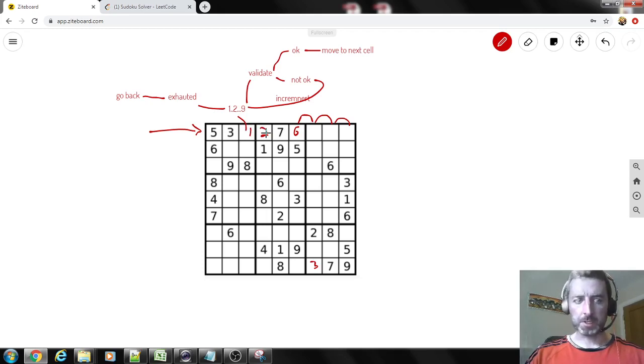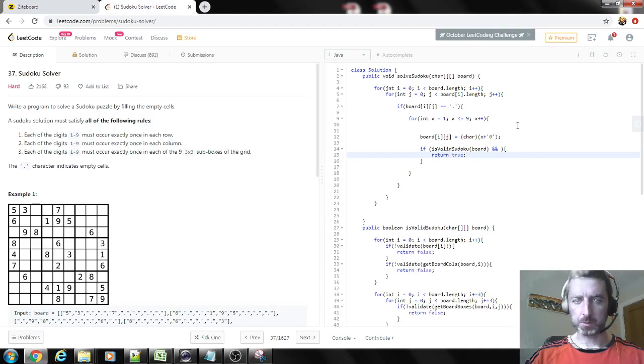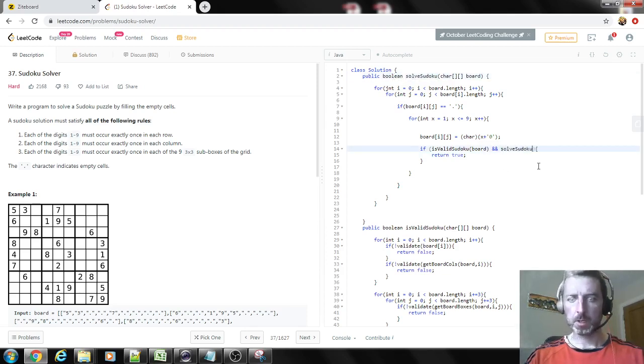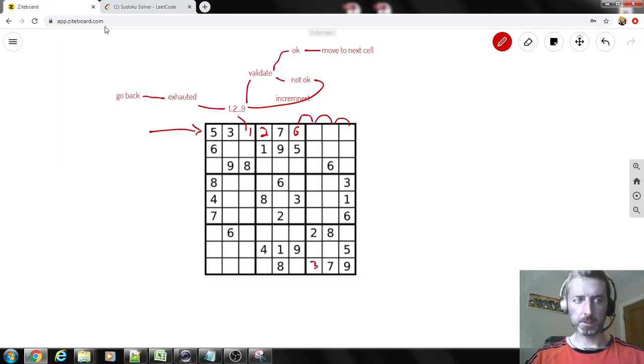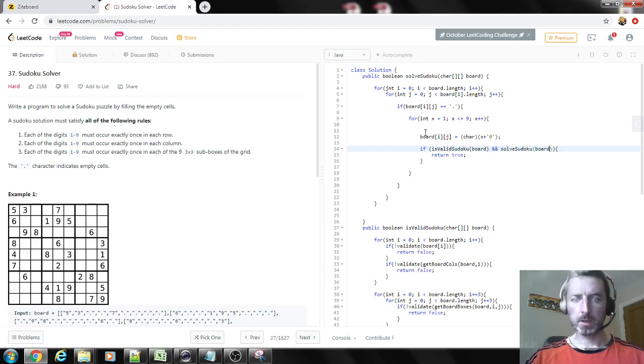So what we're going to do in this case, to allow us to go back on ourselves if we exhaust one of the numbers from 1 to 9, is use recursion, right? So we're going to update this solve Sudoku function to return a boolean, and we're going to run our solve Sudoku and pass in our board, right? So we're going to say if validate Sudoku, we validate the board, right? If that number is valid,